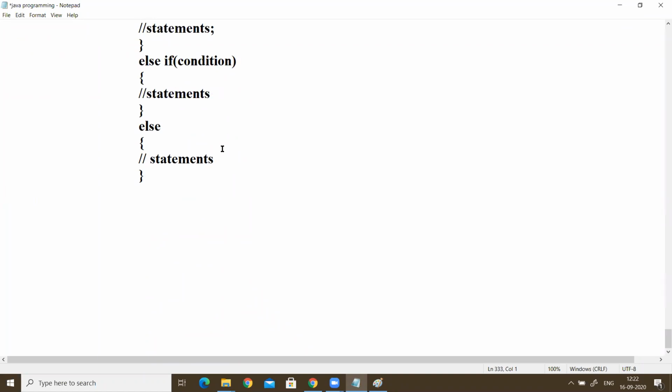Then we will go for the switch. The next statement is the switch statement, switch case. First we see the syntax.